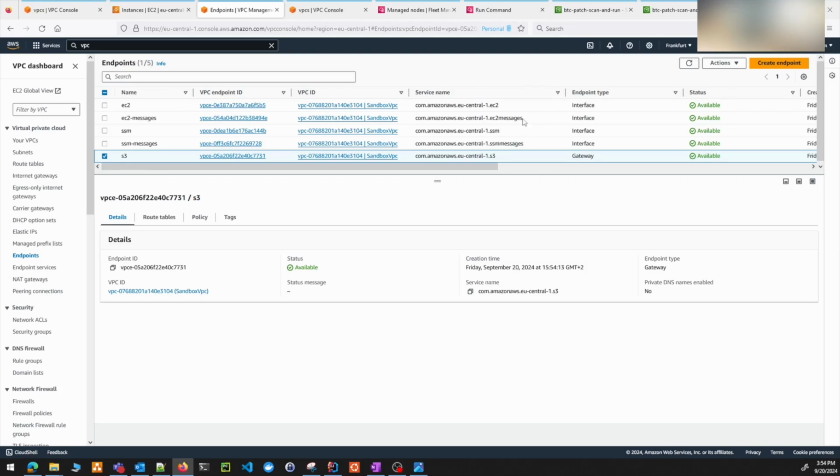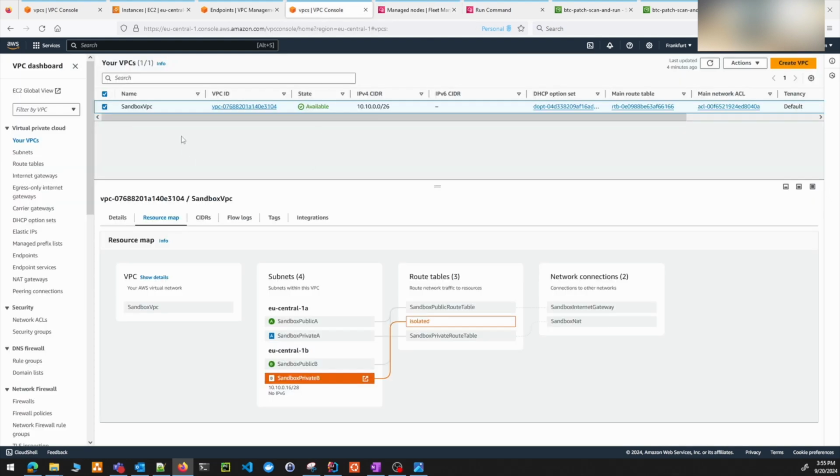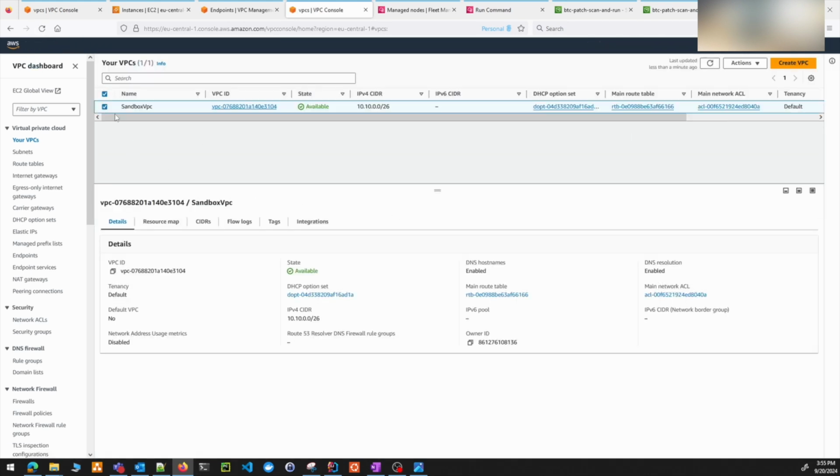I have created EC2 messages as well, and S3 is also required. These are required to have our instances communicating securely and in an isolated way with our SSM agent and Systems Manager. Now if you go to managed nodes and refresh, this is still not showing up. This is fine, but inside this VPC, now if you refresh this whole page